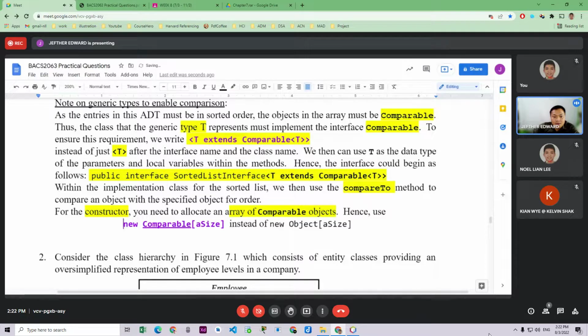Hence, we use new comparable a size instead of object, new object size. Okay, object is actually the object that we want to use. Okay, but when we want to compare, we extend and compare another file. So we use a comparable object, but instead of the comparable object that we state or define, we compare with a